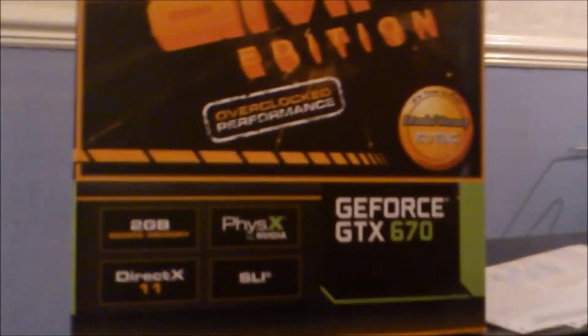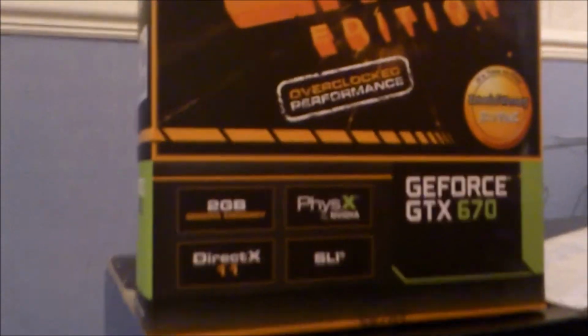Zotac GeForce GTX 670, 2GB. It's overclocked to the balls from factory, and it looks pretty amazing. I'll show you that later. Motherboard. It's a Republic of Gamers Maximus V Formula by Asus. That looked pretty cool from the pictures. I haven't just bought it obviously because of what it looks like, but PCIe 3 and